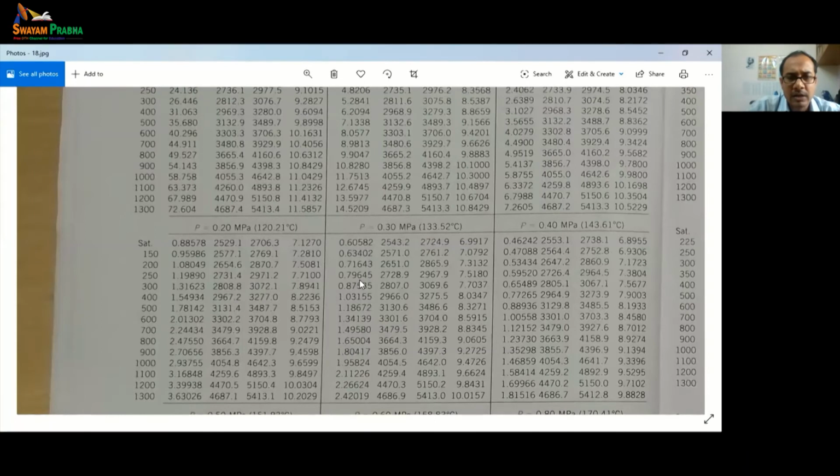So let's look here. Yeah, here the specific volume is close to what we have, 0.79. First two decimal points we are close. For higher accuracy we can even interpolate, but for engineering purposes this is okay: at 250 degrees centigrade and 300 kPa, or 0.3 MPa, we have a specific volume which is very close to what we have for state 2. So let's take that this is state 1, where the pressure is 300 kPa.